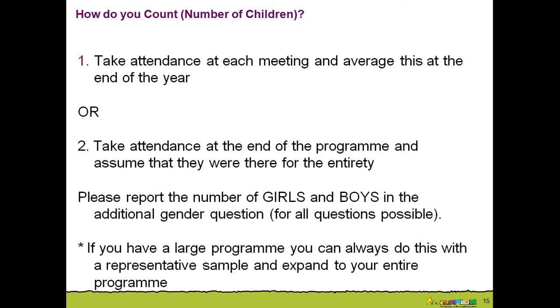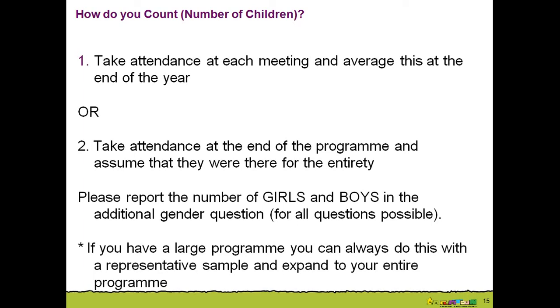And you just need to be careful that you don't count some new class that joined only in the last week that gave you 100 more students. So these are only those that were there, so it's the assumption that they were there for the entirety. This is not a perfect way to count, but it's perhaps the easiest way. You wait till the end of the program for that year, and you do a survey, see how many children.